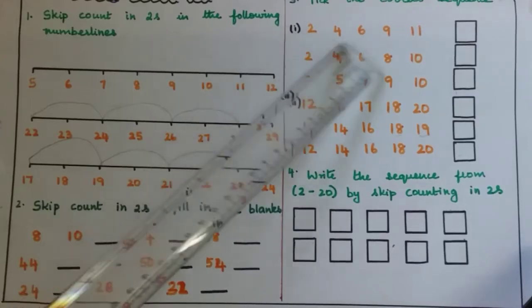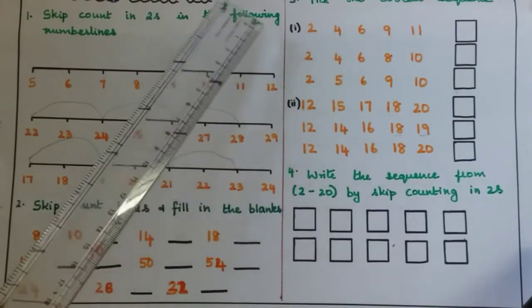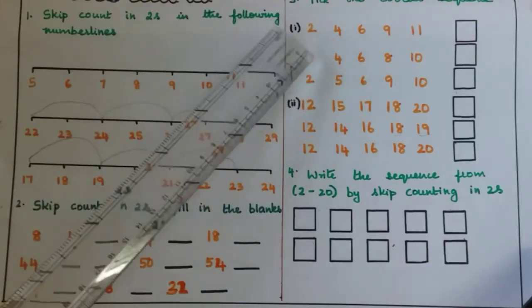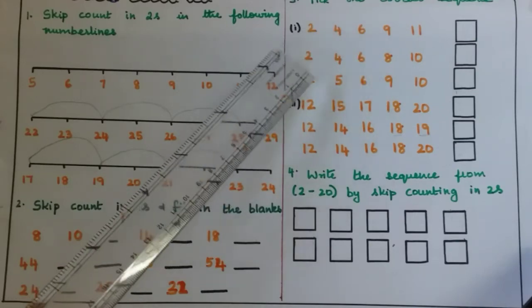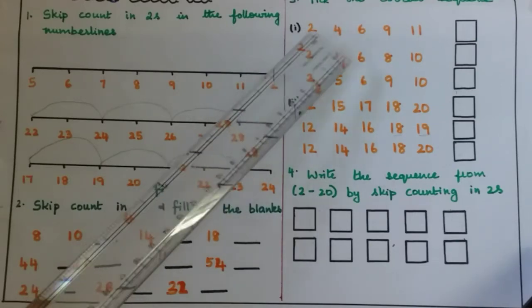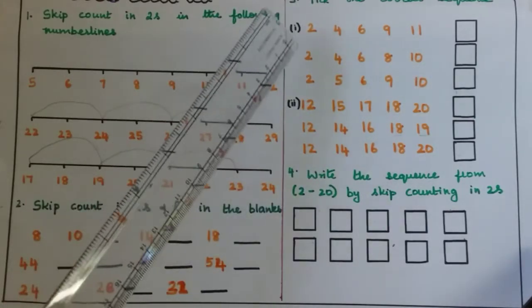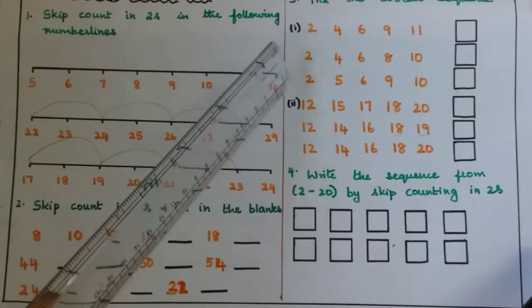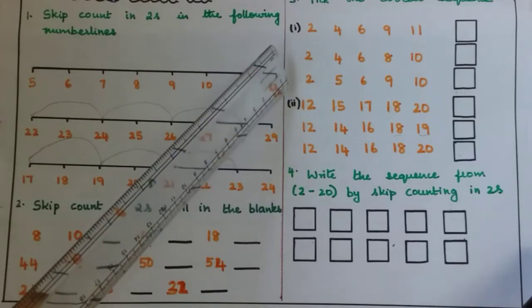If you look at the first activity, I have given a series of 3 sequences and the child needs to identify the correct sequence. So if you look at the first sequence, it is 2, 4, 6, 9 and 11. We very well know that by skip counting in twos, the series that we get are either going to be a series of odd numbers or a series of even numbers. It will never be a mixture of both. So the first sequence is incorrect.